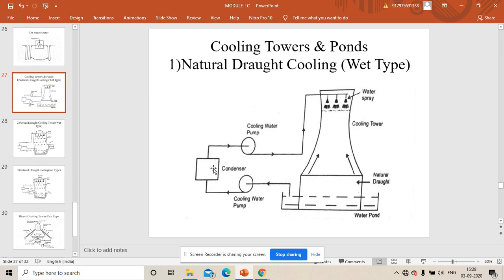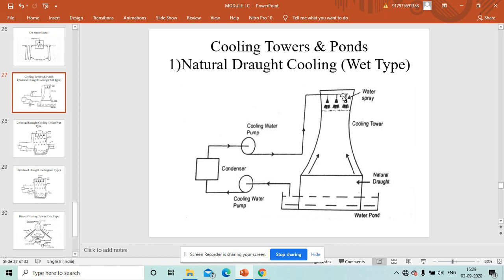Here, there will be a condenser and the water pond. From the water pond, the water is pumped through the cooling water pump to the condenser, and there the steam will be condensed. The cooling water will absorb the heat from the steam and become hot water, and that water is pumped through the tubes